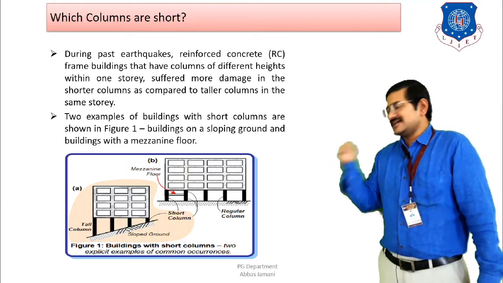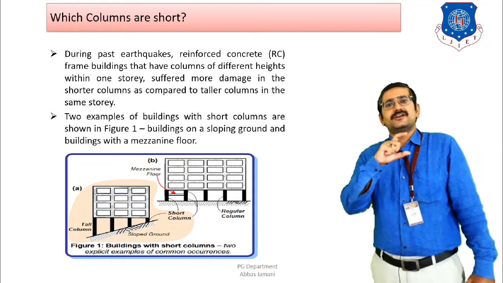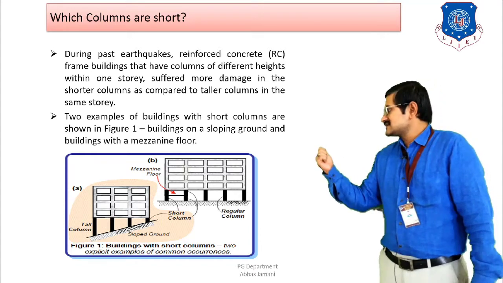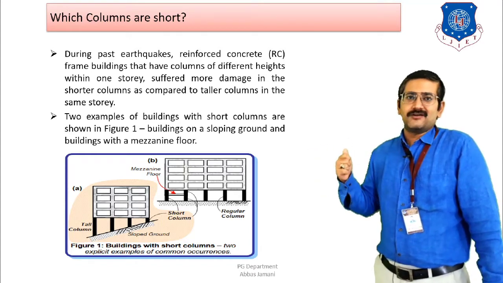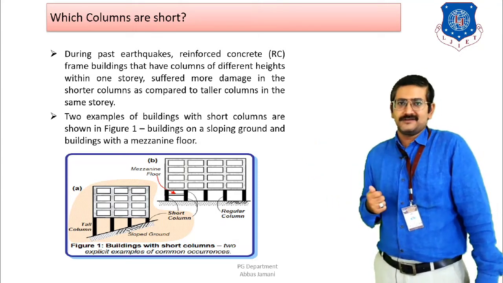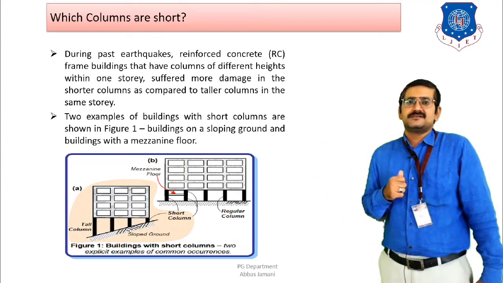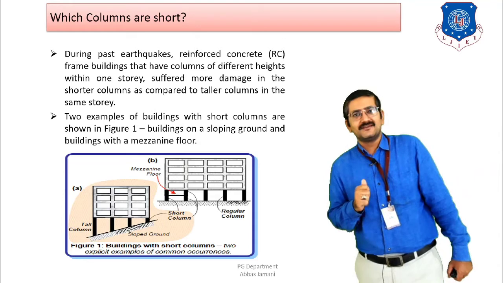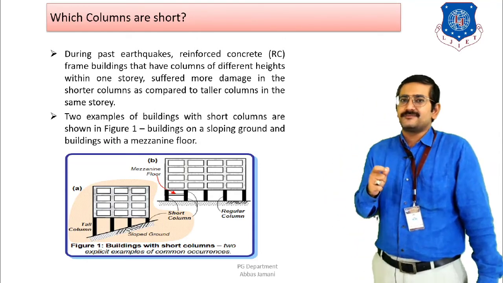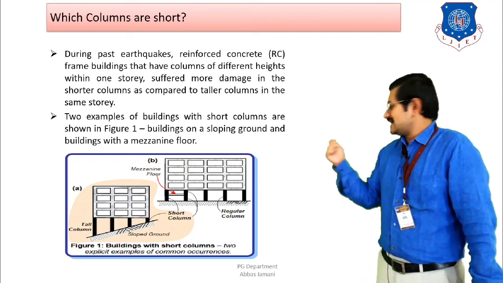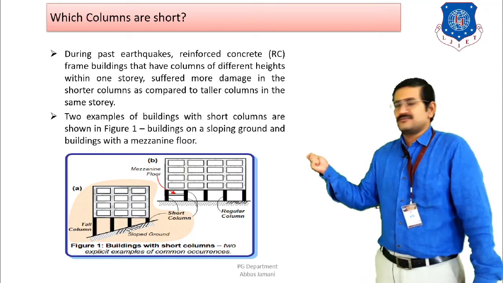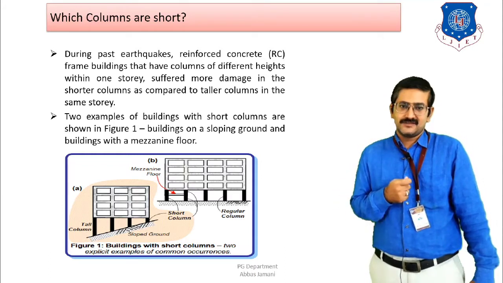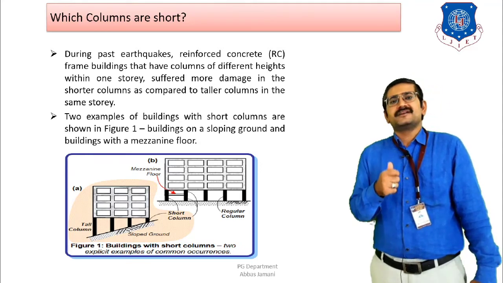And at the same time, the other thing that is happening is that all the columns are going to have the same height except the first two columns that you can see on the left-hand side. Why? Because between the ground level and the first floor level, an intermediate, temporary floor is shown, which is known as the mezzanine floor level, right? Whenever the mezzanine floor level is there, the unsupported length of these two columns is going to be changed as compared to the other columns. And whenever the unsupported length of the columns changes, the possibility of a short column comes into the picture, and this short column effect is introduced in the building.